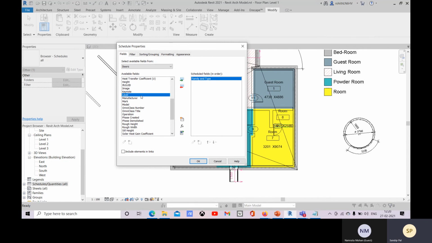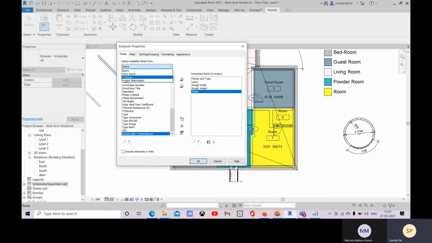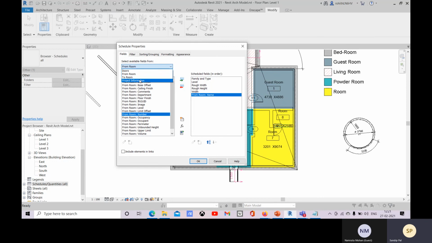Let's add the level, the head height, rough width or rough height if it is there, and width. For from room to room, this will help you: from which room, so from room name and to room name you want to have.